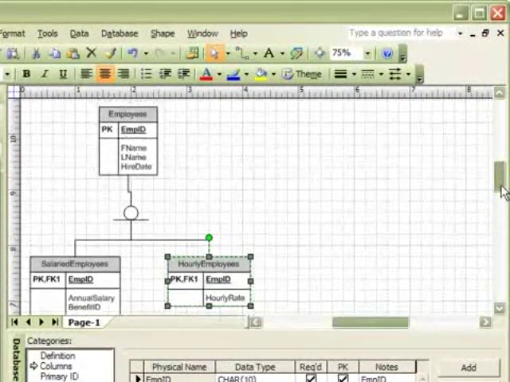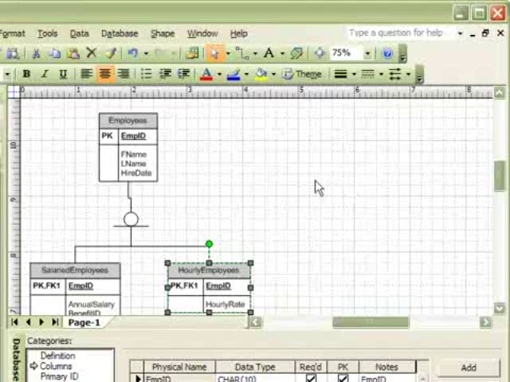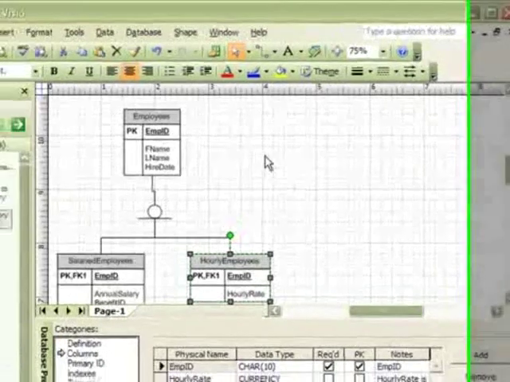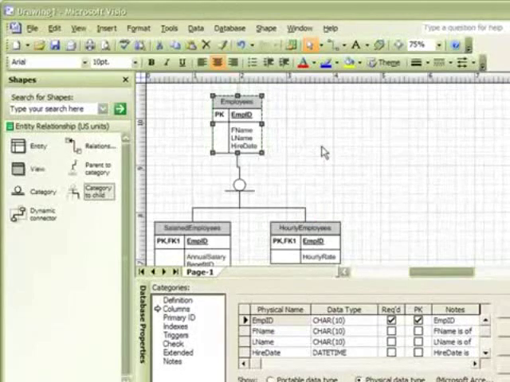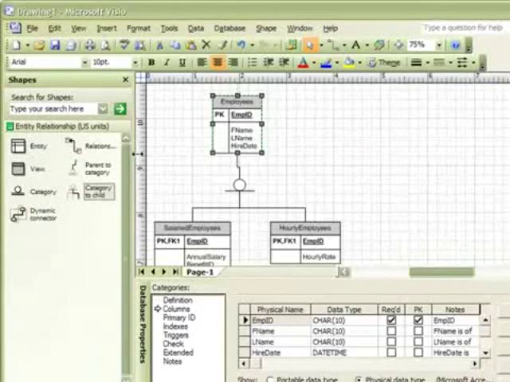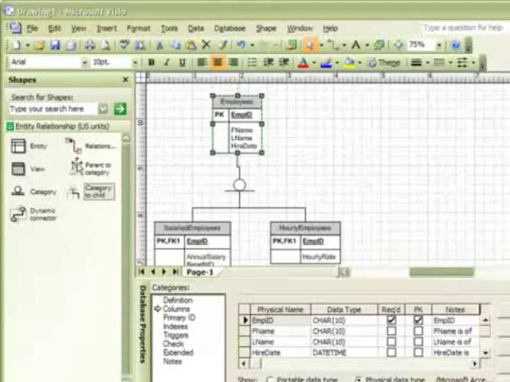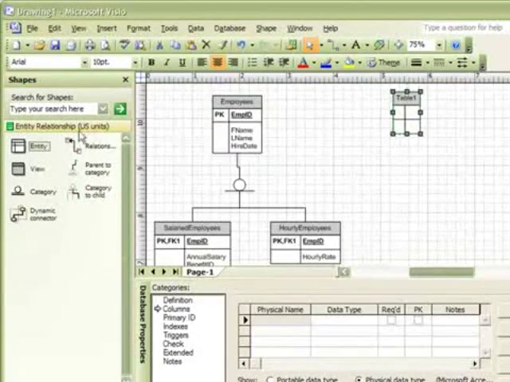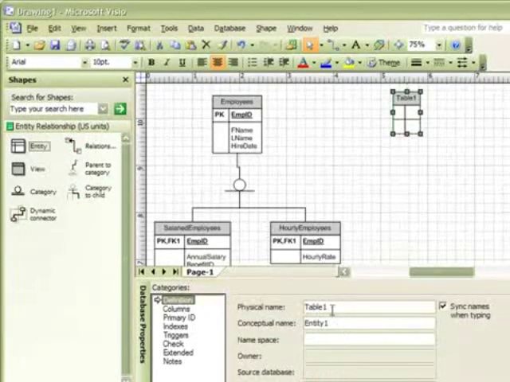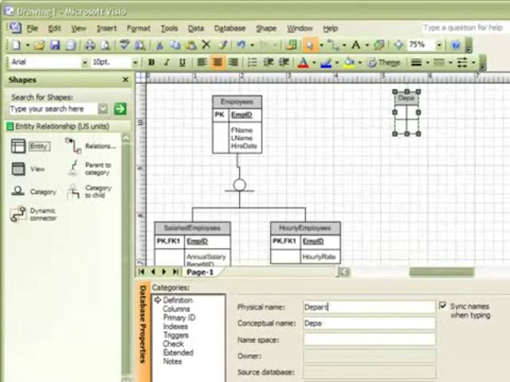Next, let's take a look at how we can create an entity and relate it to our employees table. For instance, each employee will work in a particular department, and each department will have many employees. So let's create a department entity by dragging the entity shape onto our page and changing our definition category to departments